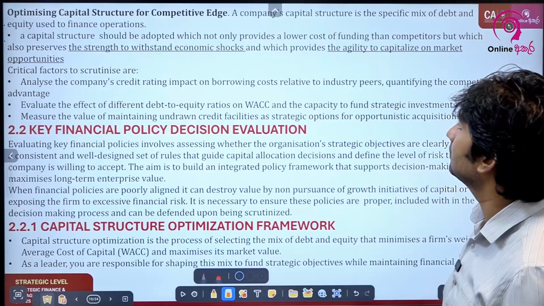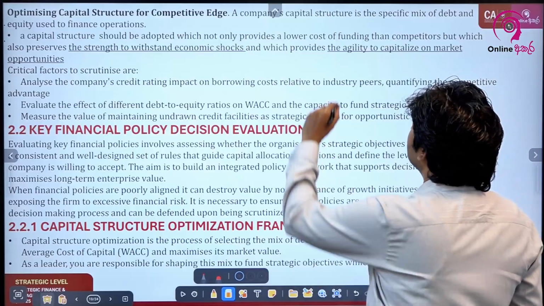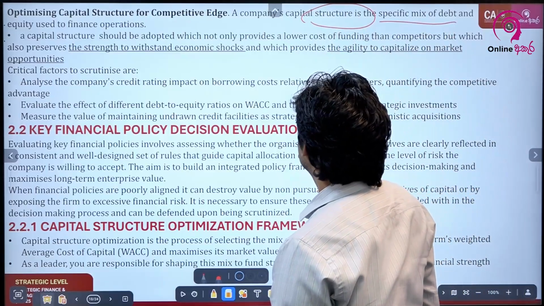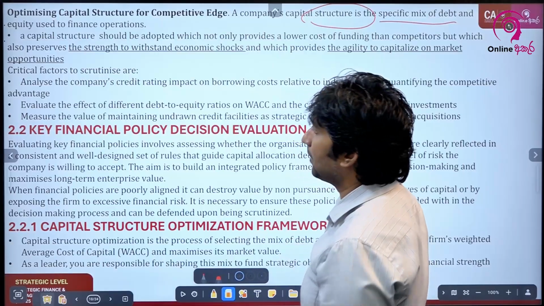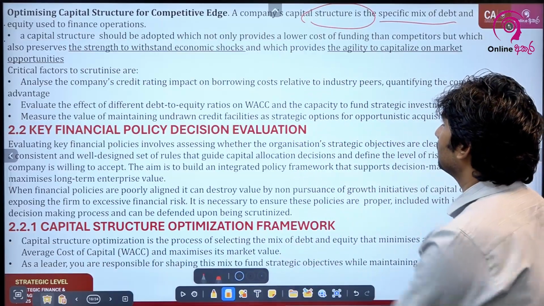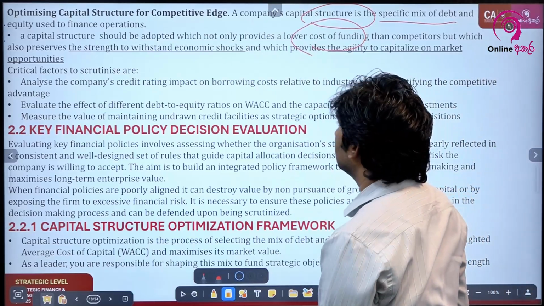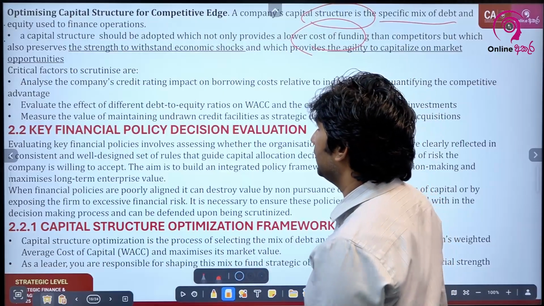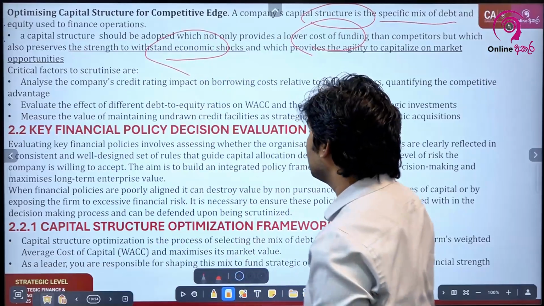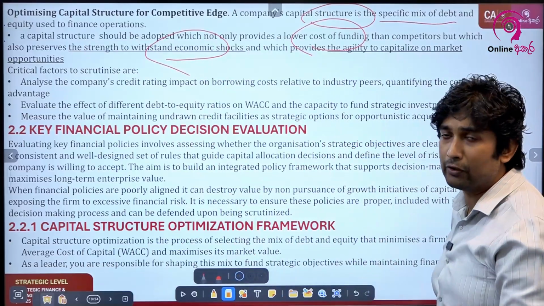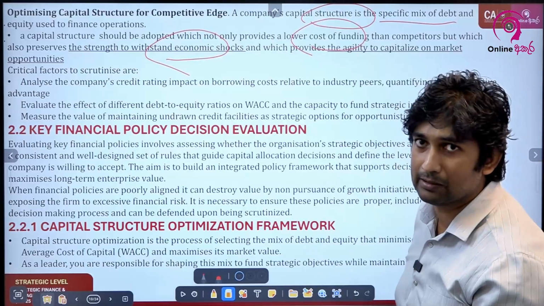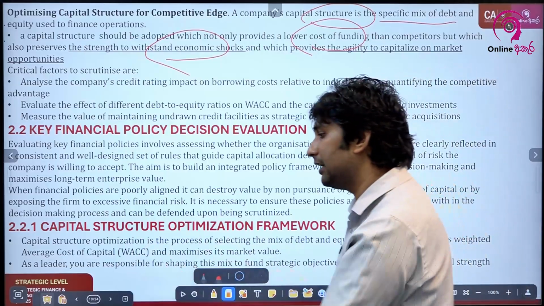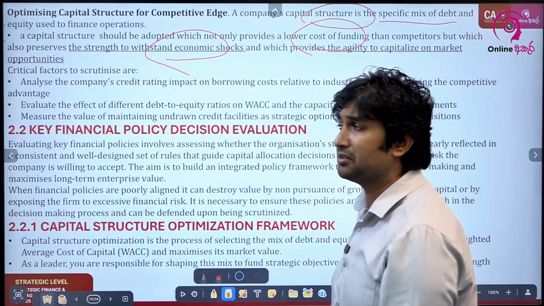Optimizing capital structure for competitive edge. So what you need to understand is that managing the capital structure or the funding structure that you have is not only about reducing your total cost of funding, but also the capital structure that you have should help the organization to withstand economic shocks. If your revenue falls, you should have enough capital to manage your operations. So capital structure is not always about reducing your weighted average cost of capital. The capital structure that you hold